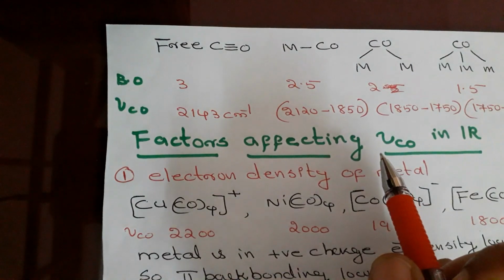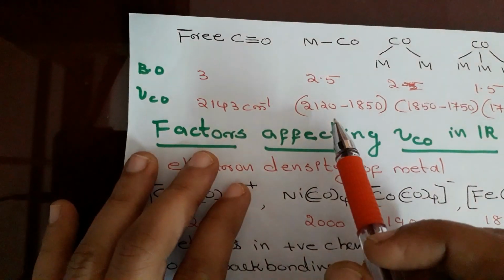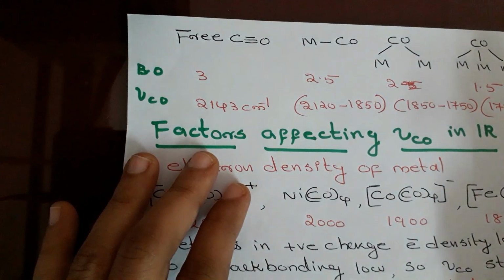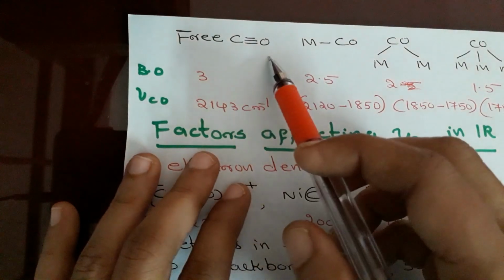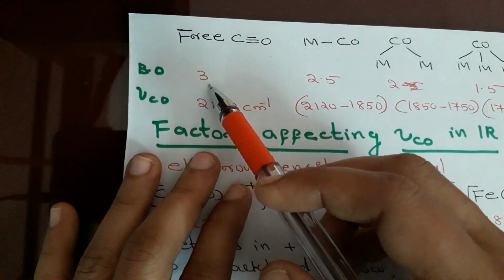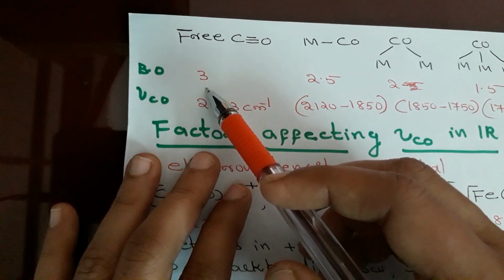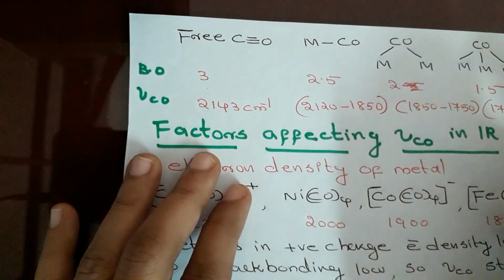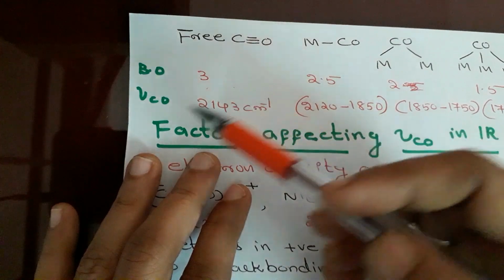So I said, as bond order increases, stretching frequency increases. Free CO bond order is 3. You know this one, bond order 3. You calculated this bond order. Okay, so with bond order 3, the stretching frequency is